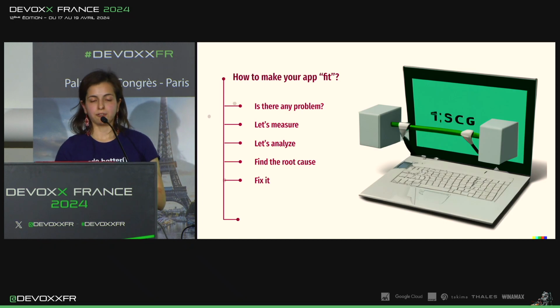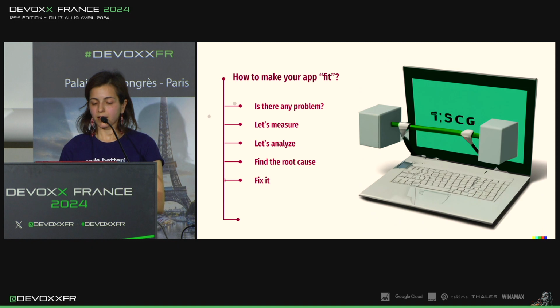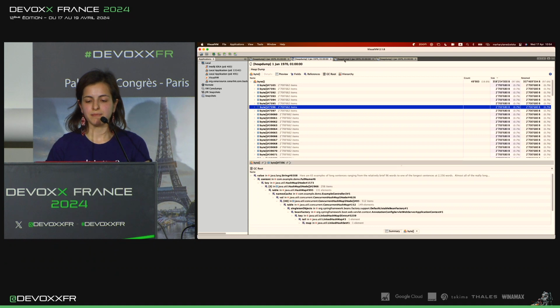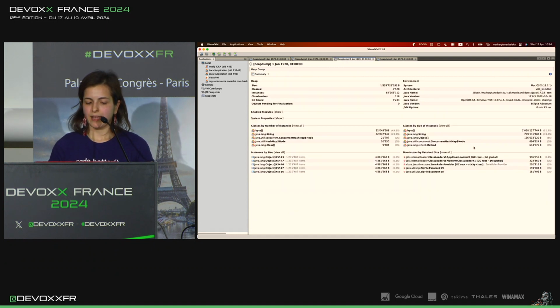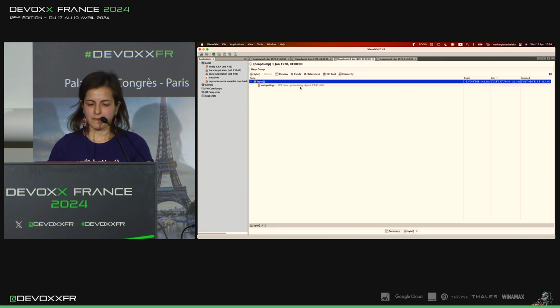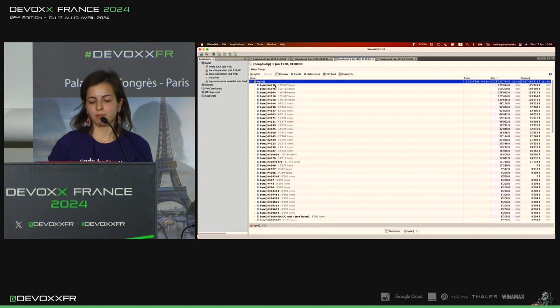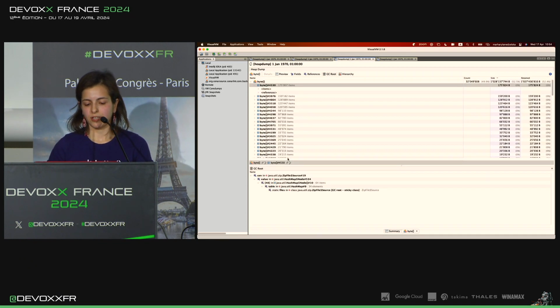Then, okay, we found the root cause. Sometimes it's easy to fix, sometimes it's not. So let's maybe learn something and look at more examples. So again, my favorite Visual VM. I'm looking here, and honestly, this time I don't understand where I should look, because you see there is 52%, it could be okay. I can probably look here again, but it's not 97. Come on. So sometimes it's pretty hard to understand what's going on looking at Visual VM.